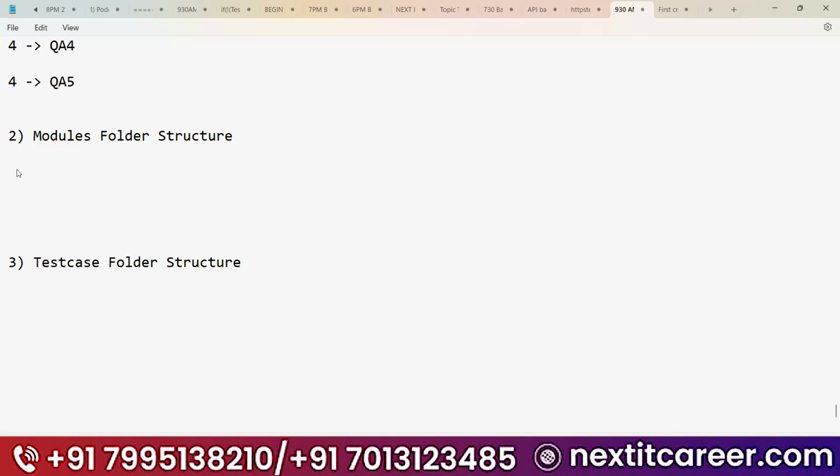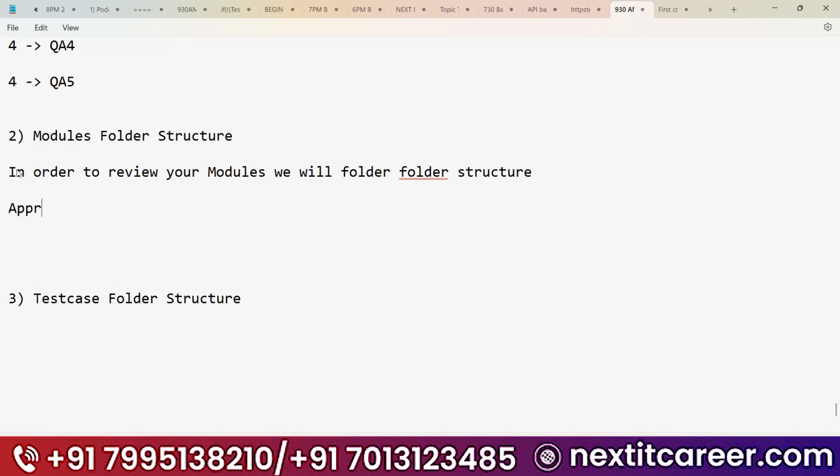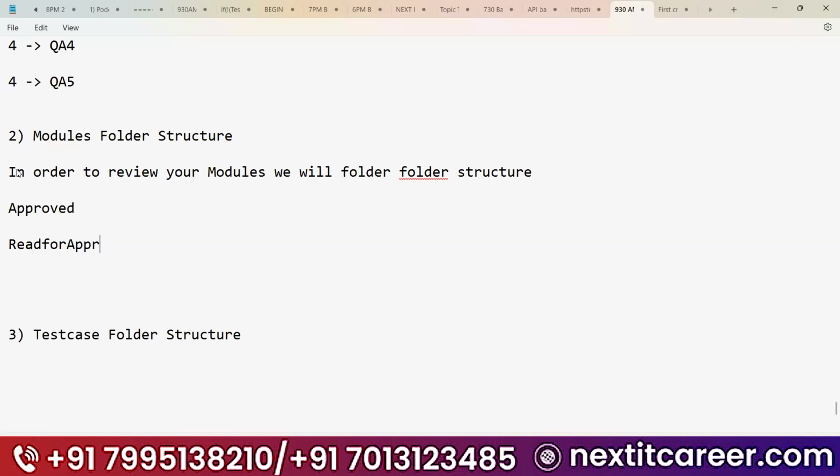Someone needs to review your modules. In order to review your modules, we will follow one folder structure: approved, ready for approval, and in work.